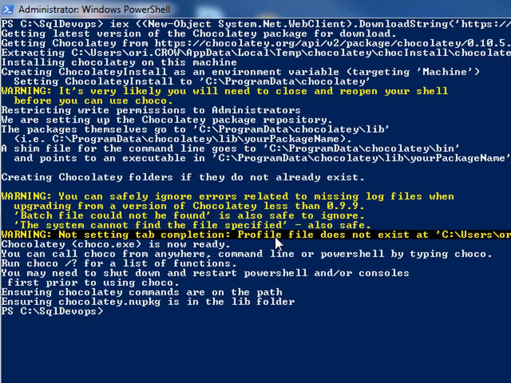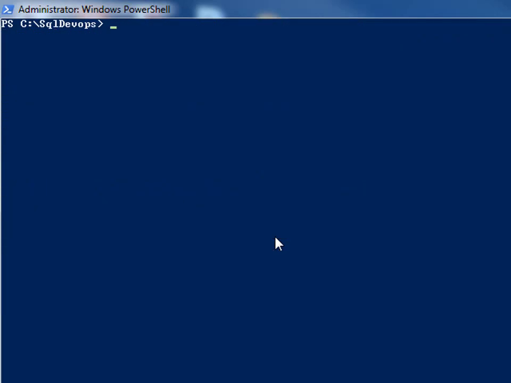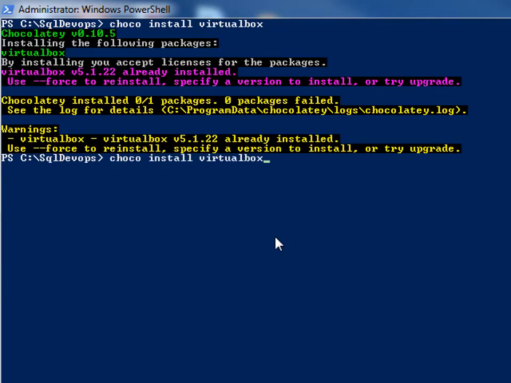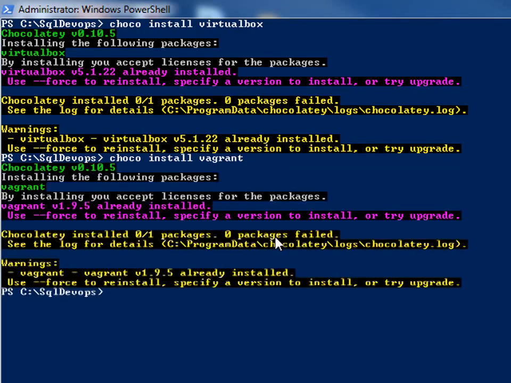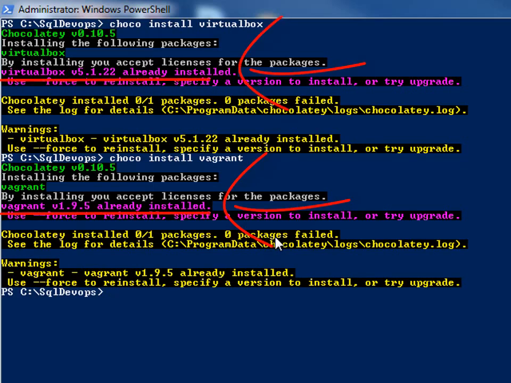This step is quite straightforward. Choco install virtualbox. Choco install vagrant. Again, if this is your first installation, you will have to restart your PC. Since Vagrant and VirtualBox are already installed on my PC, I will skip the restart.